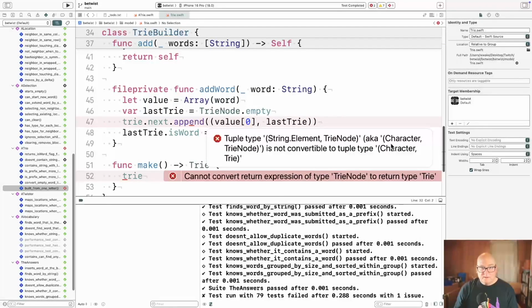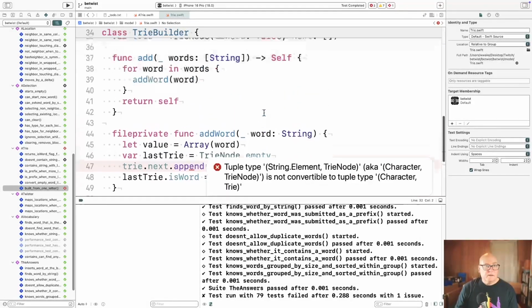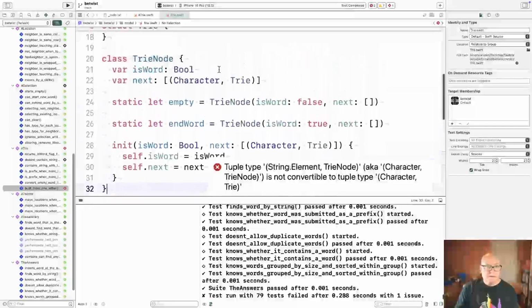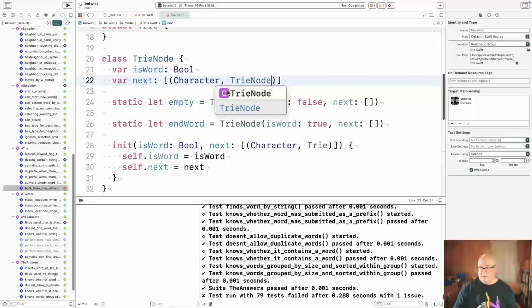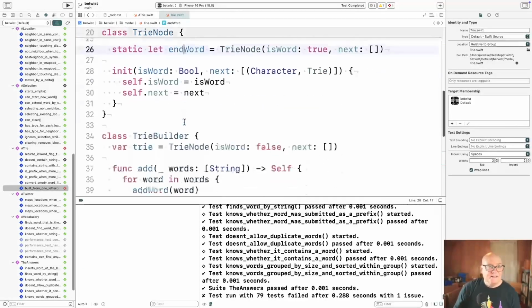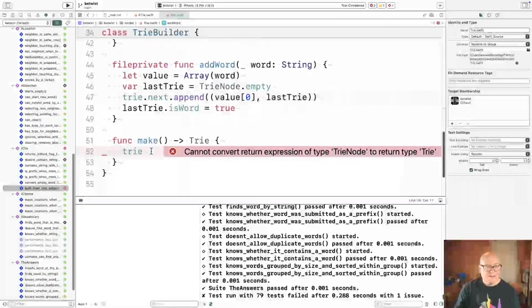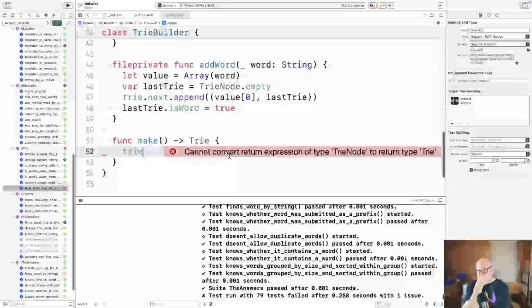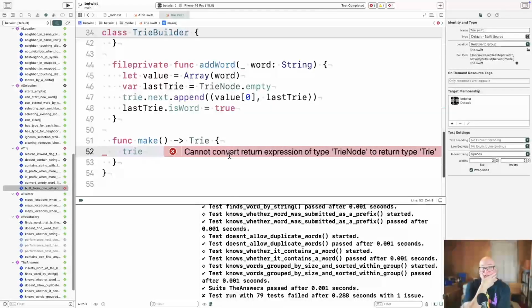Tuple type character, yeah. TrieNode here. I don't know. Okay. Cannot return that. Yeah, we got to turn it into the other. I'm not sure. Given the simple test we have now, it shouldn't matter, but